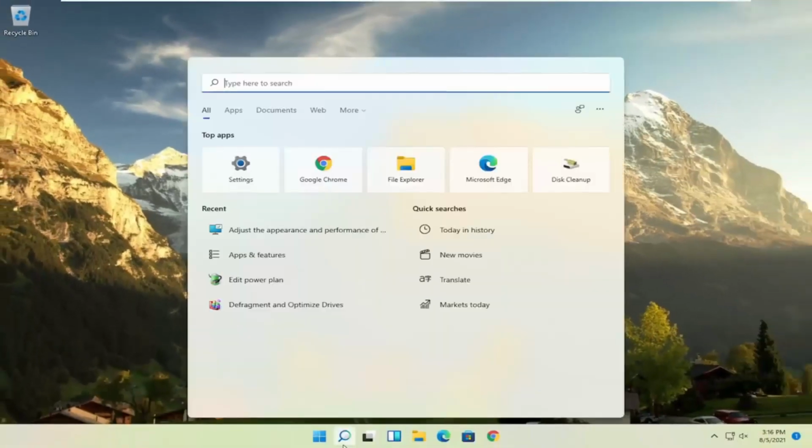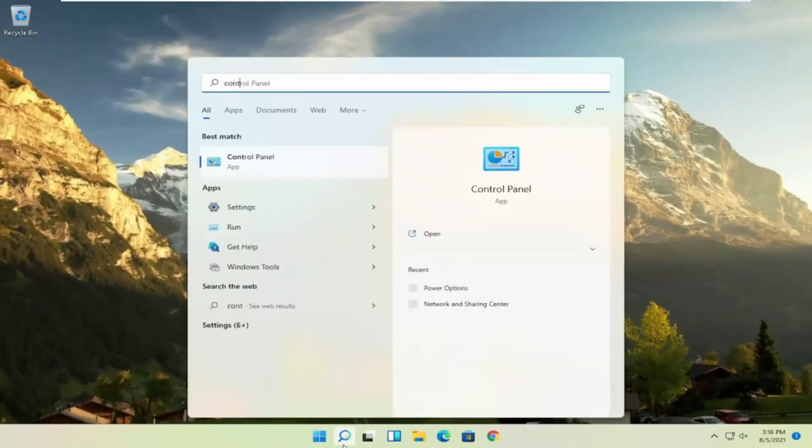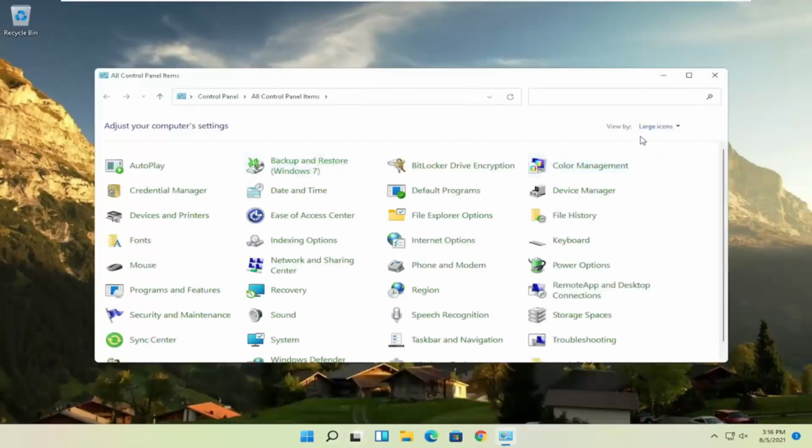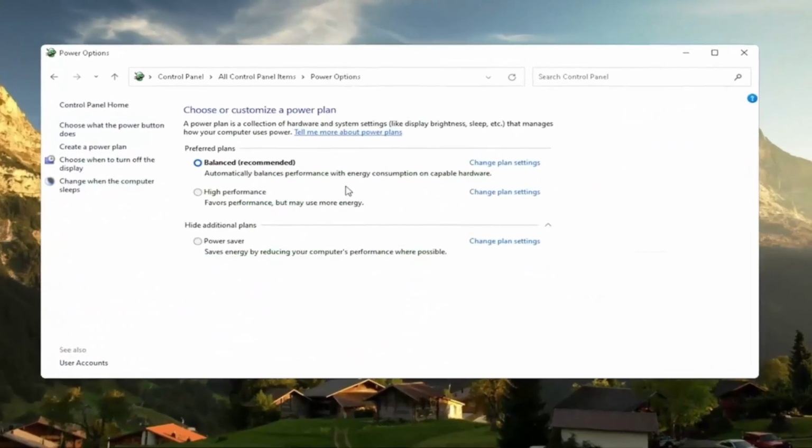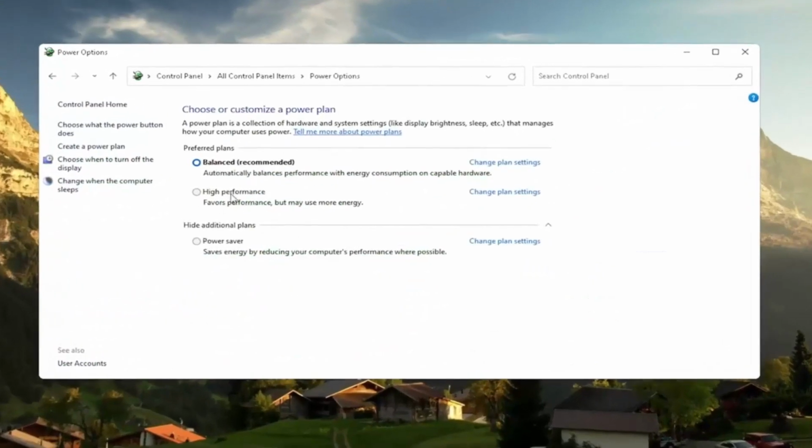Another thing, if you open up the search menu once again and type in control panel, best result should come back with control panel. Go ahead and open that up. Set your view by to large icons, and then select where it says power options. Go ahead and left click on that. And then you want to select the high performance plan. If you don't see it, you might have to expand show additional plans, and select high performance, which favors performance but